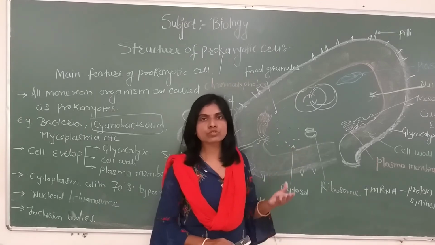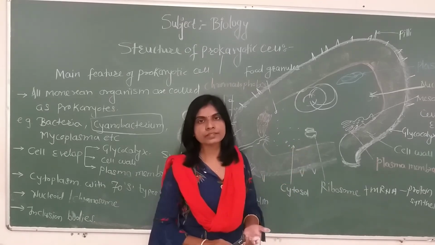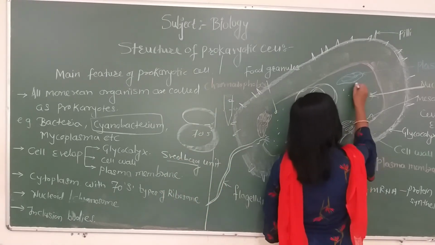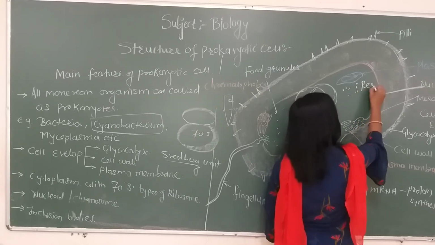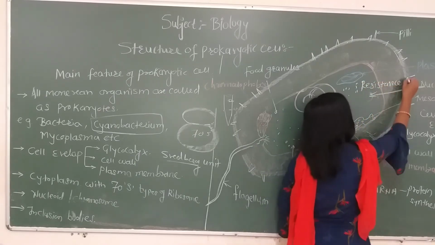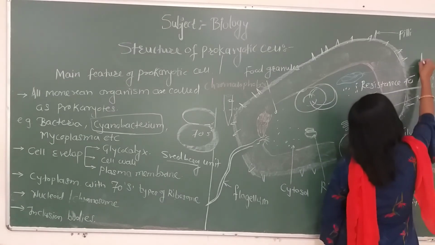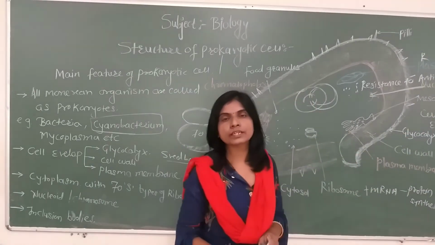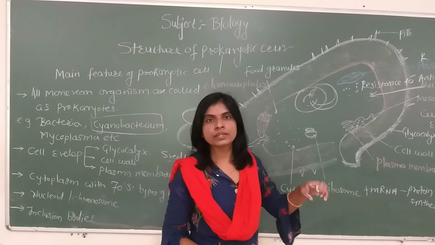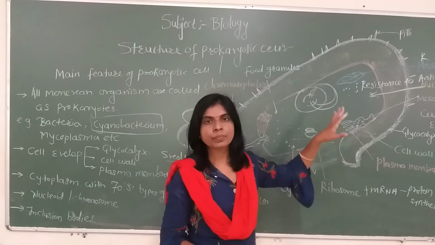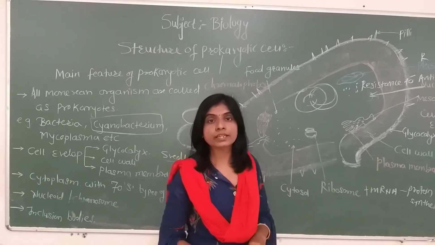This type of plasmid is also seen in a few eukaryotic or higher cells. Plasmids are of three main types. When a plasmid synthesizes substances that make the bacteria resistant to antibiotic-like medicines, then it is called an R plasmid. When plasmid DNA expresses and synthesizes inside the cytoplasm the substance that makes the bacteria resistant to antibiotic-like medicines, it is called an R plasmid or resistance plasmid.